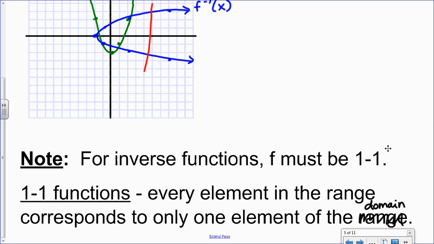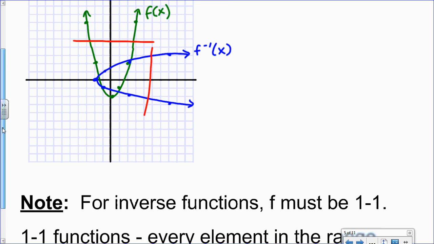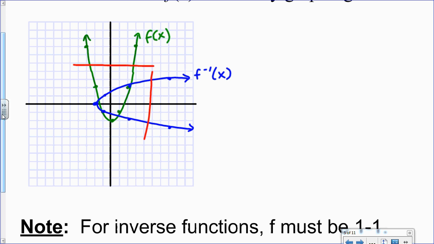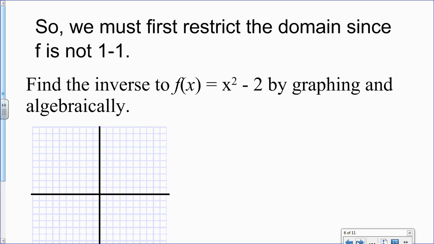Alright, so what we need to do is we need to restrict the domain of f. So I'm going to change f of x just a little bit to make it 1-to-1. So I'm going to just cut off half of it. I can either take the right or the left side. It's easier to work with positives, so I'm going to take just the right side of this parabola. So to do that,